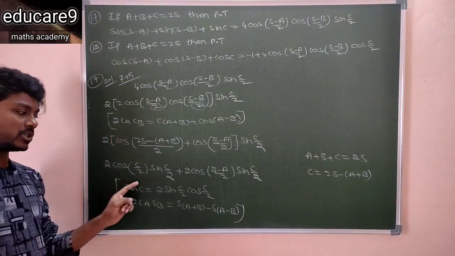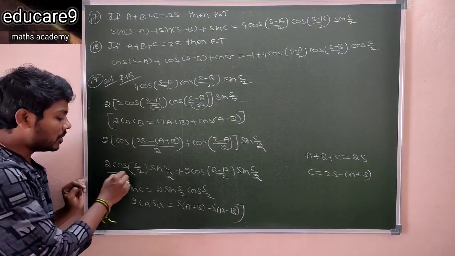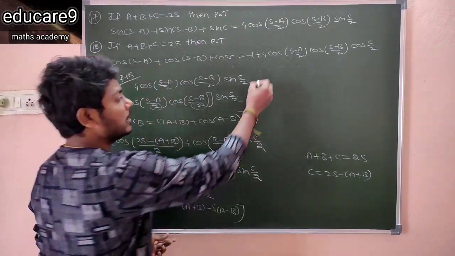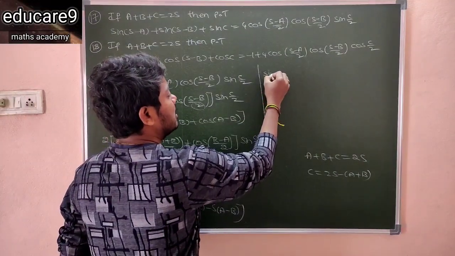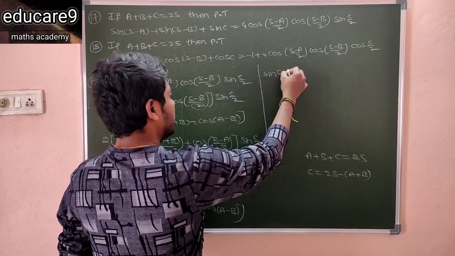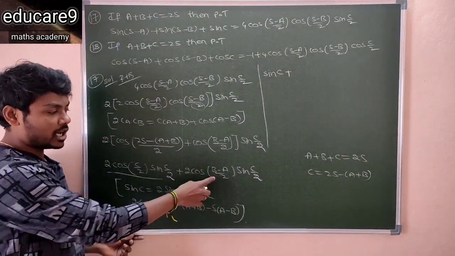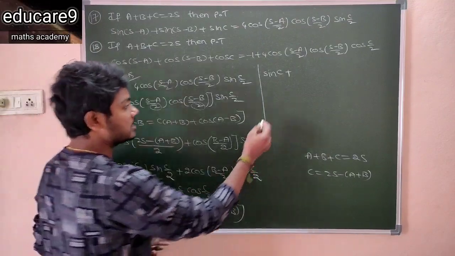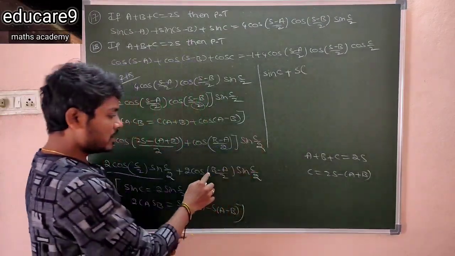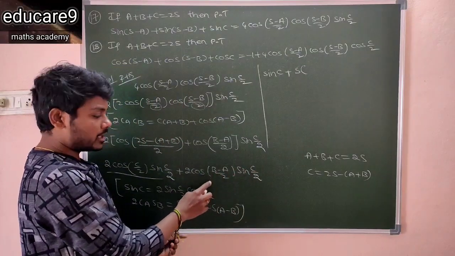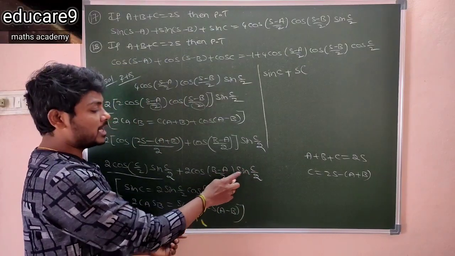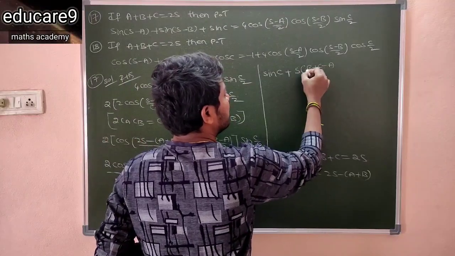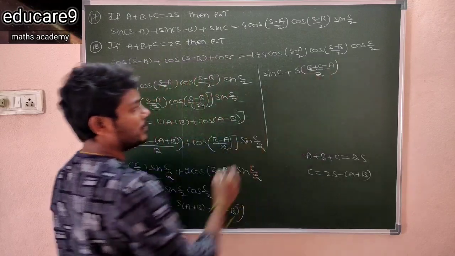So you have to apply these two formulas here. It is in the form of 2 sin c by 2 cos c by 2, so write as sin c. Next, plus 2 cos a sin b form, sin of a plus b. So we have to add these two angles. So sin of a plus, see here you have to add these two angles, b minus a plus c, that is b plus c minus a divided by 2.